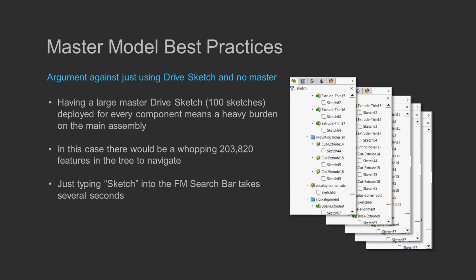That is, you have to remember that if you have 100 sketches in each of your derived parts, it's 100 times whatever derived parts there are as sketch features in your assembly. So if you've done this and used the drive sketch instead of a master, and you put a lot of features in that drive sketch, it's going to be really hard to manage in your assembly. I think you just have to get to this point and see what this is like, but basically